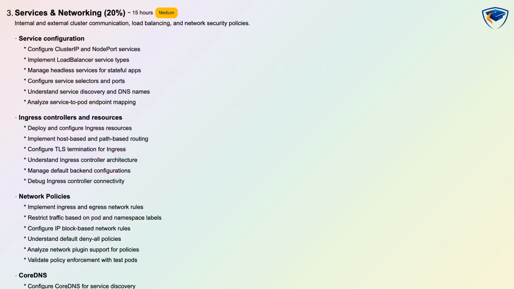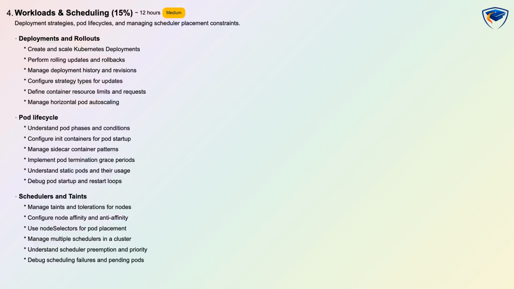and pod issues. The cluster architecture, installation and configuration domain focuses on infrastructure management, role-based access control, and cluster lifecycle operations. This includes installing and configuring Kubernetes control plane, managing highly available control plane components, and implementing role-based access control